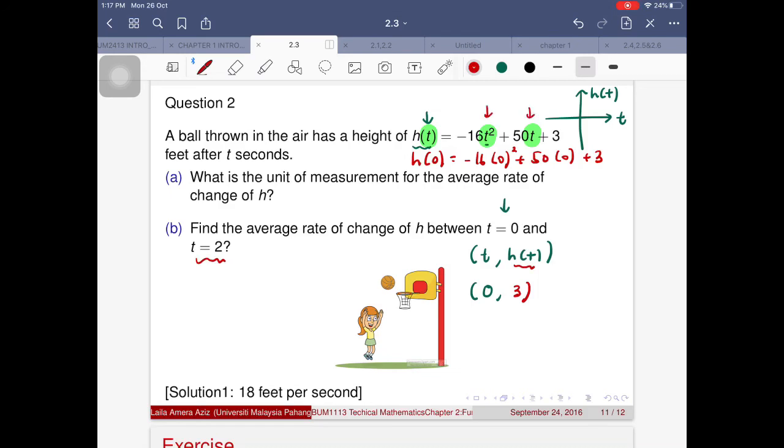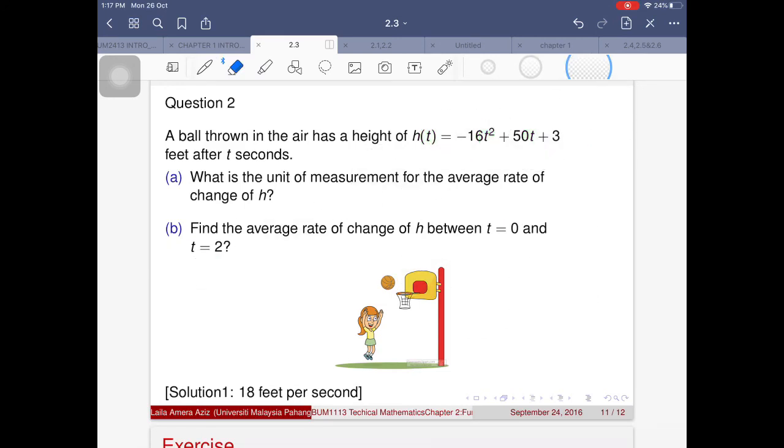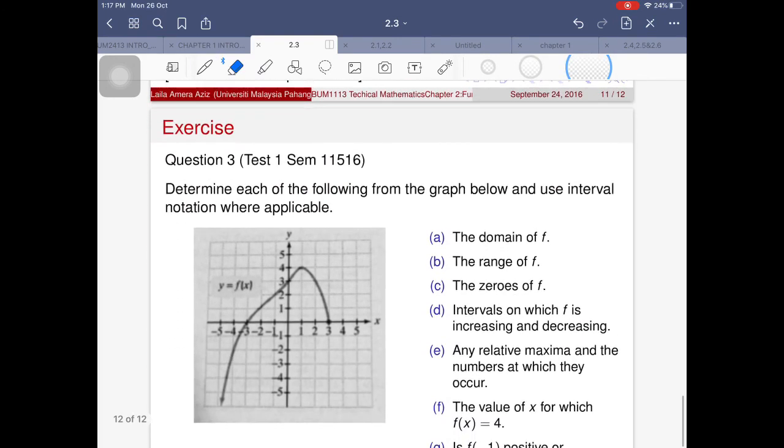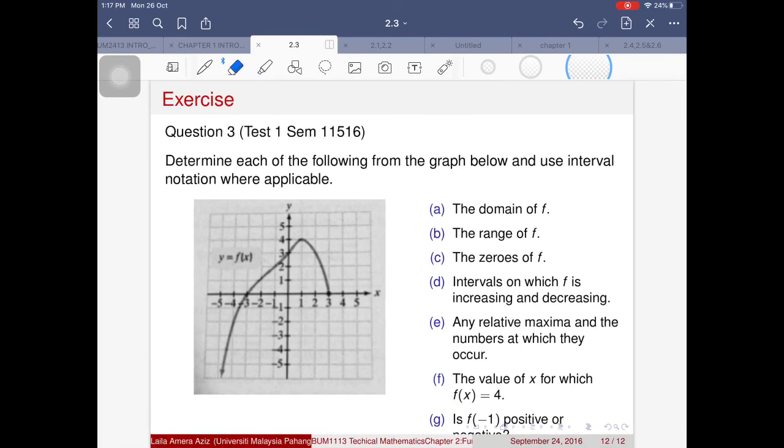And when you want to know when t is equal to 2, you're going to do the same. You're going to substitute all the t's by the value of 2, and then you will get the second coordinate, and so on. Okay, so try this exercise, and if you get lost